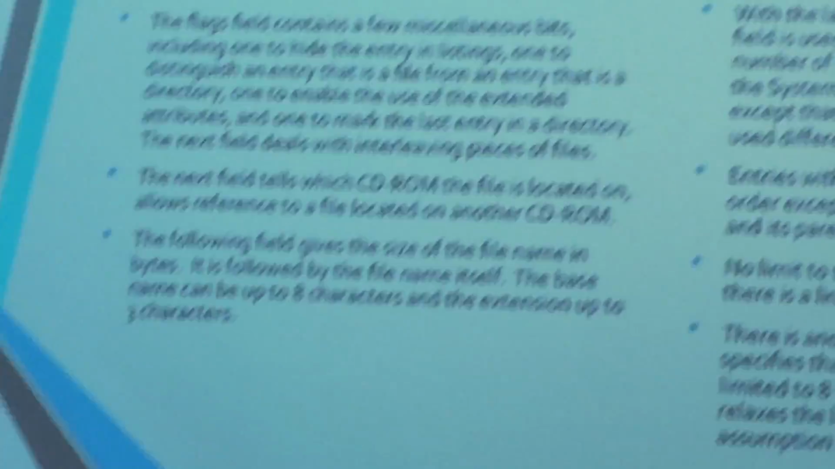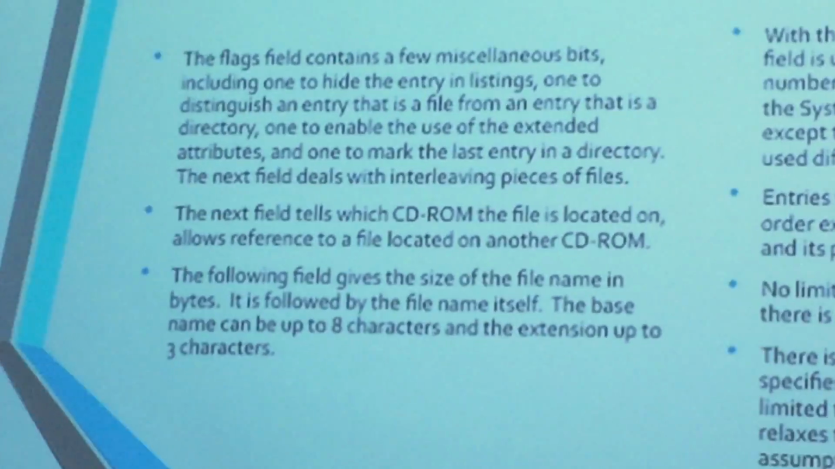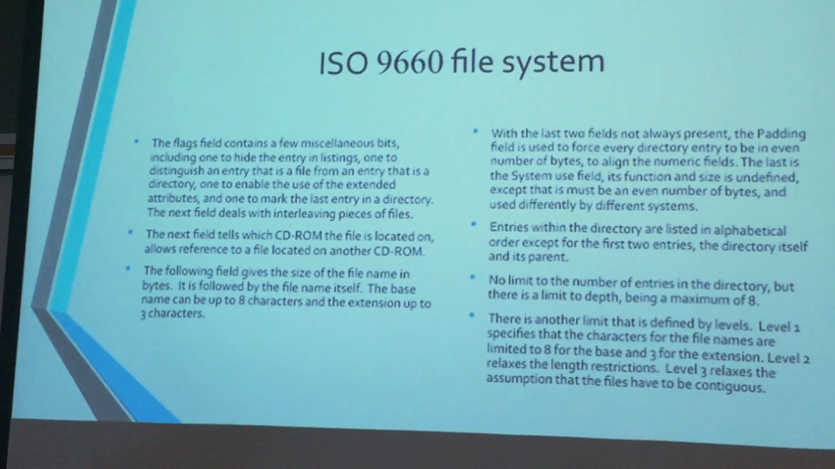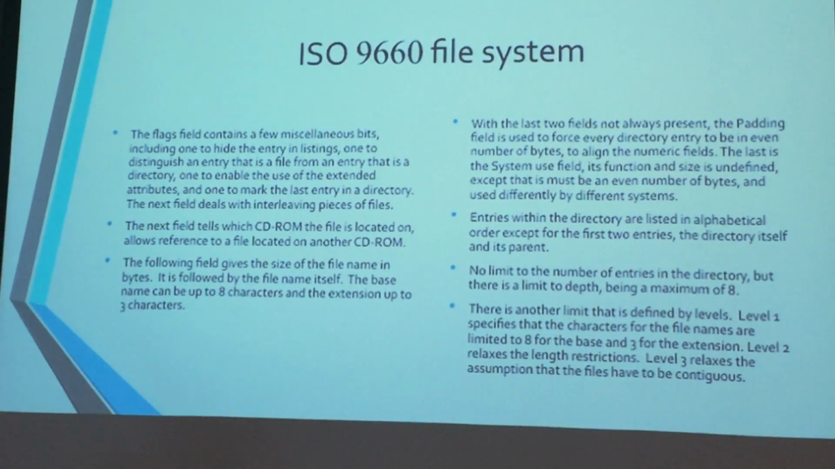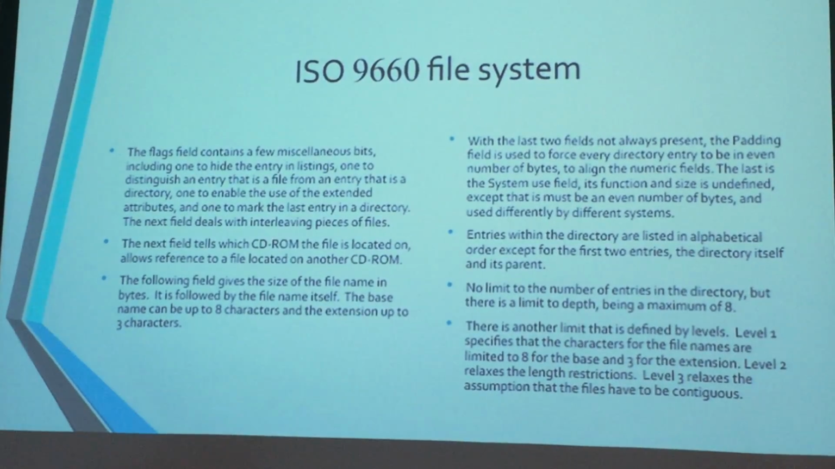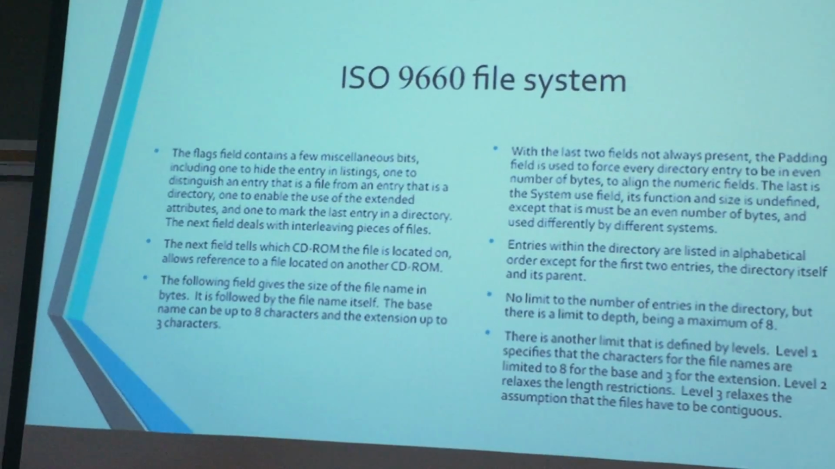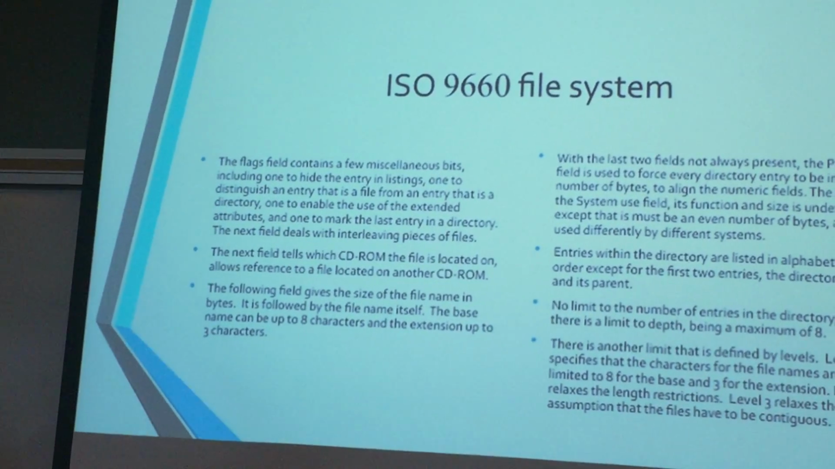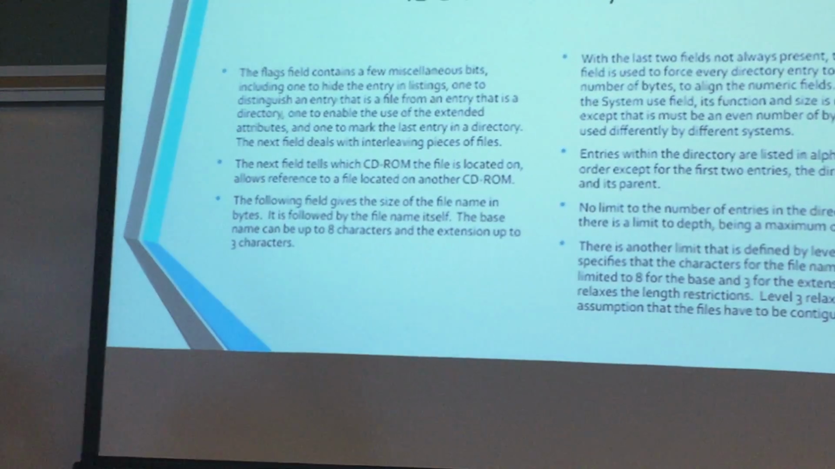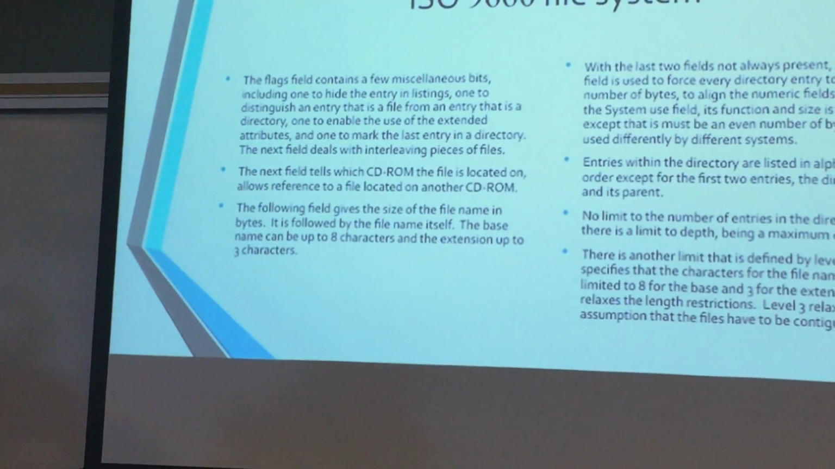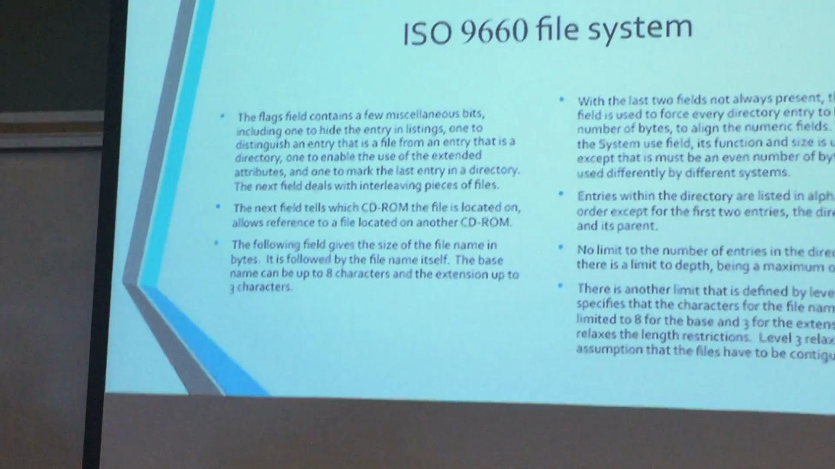The next field deals with interleaving pieces of files. The next field tells which CD-ROM the file is located on and how it can reference each file. The following fields give the size of the file name in bytes and the file name itself. The base name can be up to 8 characters with an extension up to 3. With the last two fields not always present, the padding field is used to force every directory entry to be an even number of bytes. The last is the system